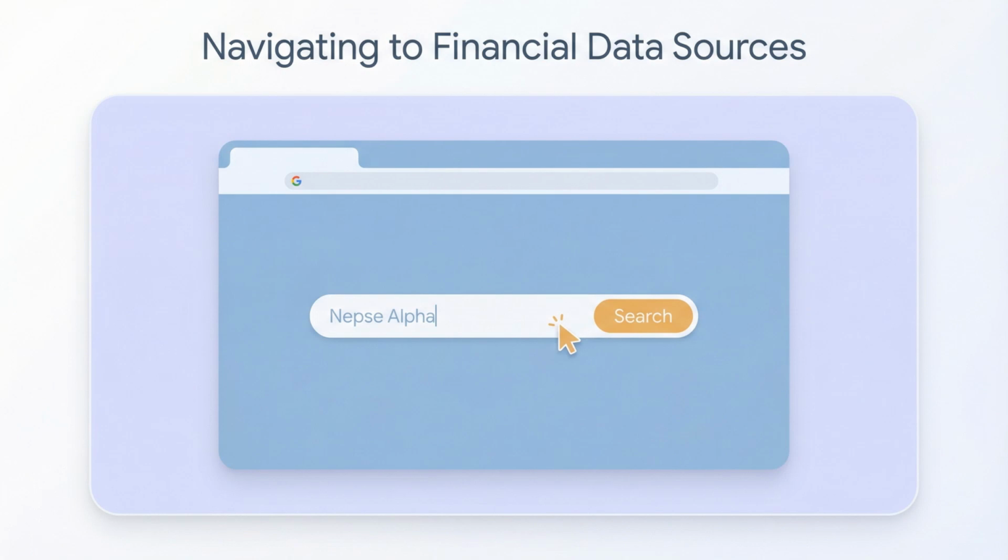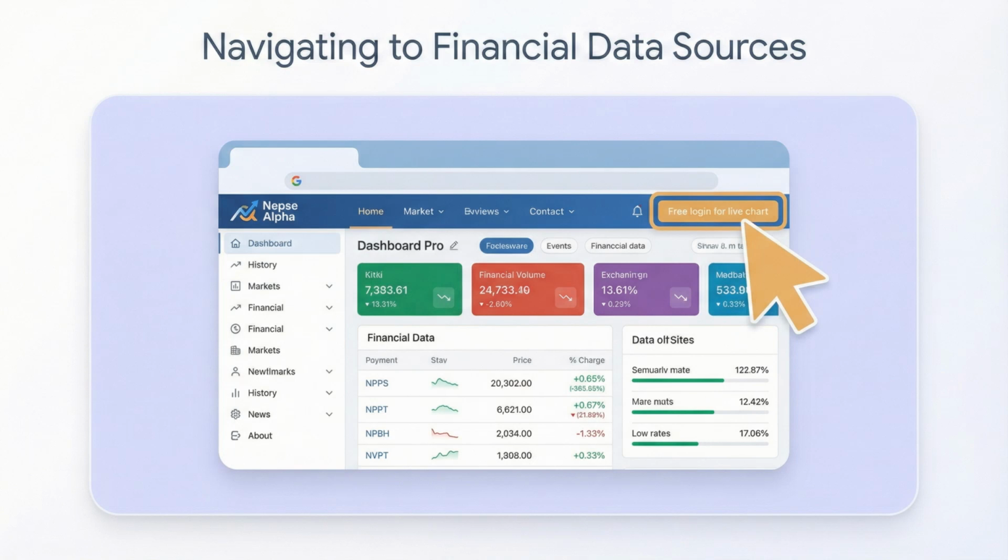Now that we understand the roadmap, let us look at the actual tools required for technical analysis. We primarily use a platform called Nepse Alpha. By opening your Chrome browser and searching for Nepse Alpha chart, you can access a highly functional interface tailored for regional market data. Once you are on the home page, look for the option that says Free Login for Live